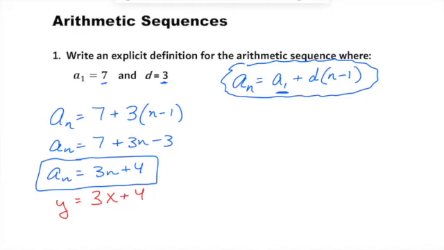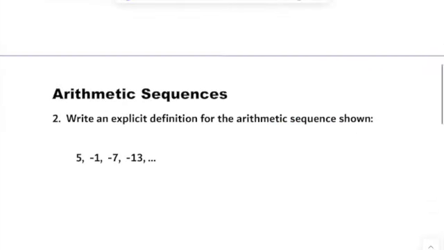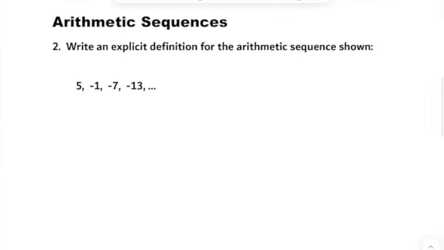Okay, so one more problem here with this. It's just to show a couple basic things here. And so write the explicit definition for this, where we're showing you the first few terms of it. So this is a sub 1, this is a sub 2, this is a sub 3, just to get you comfortable with that notation. So we have that a sub 1 is 5,